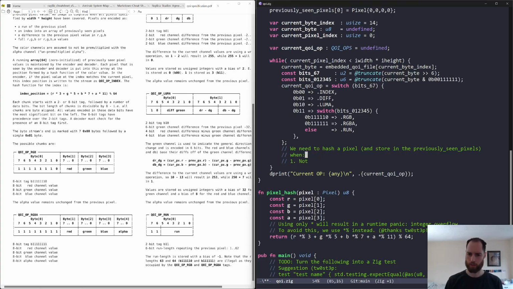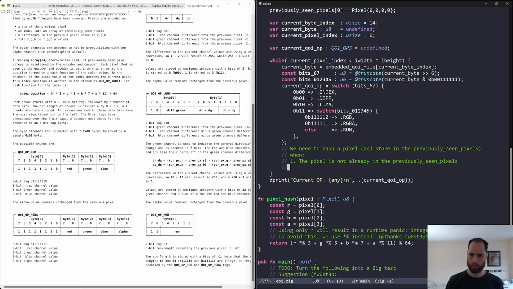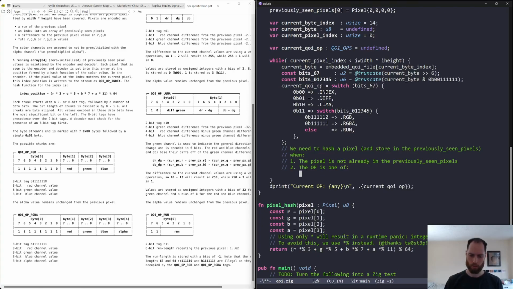When one, the pixel is not already in the previously seen pixels array. And two, the op is one of,